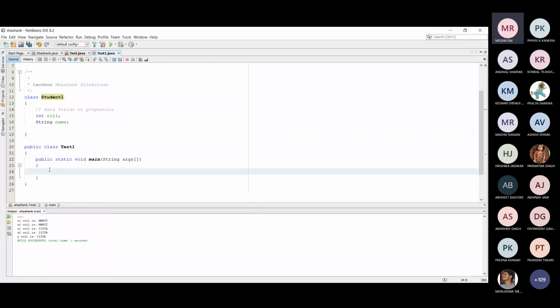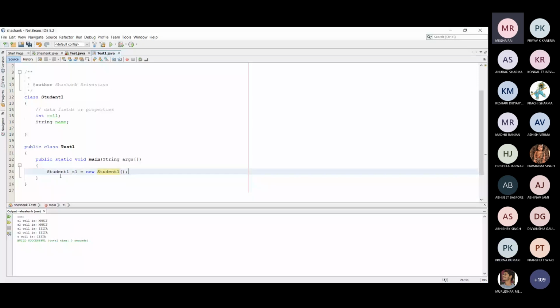basically class object is created in main method, because the execution begins from the main method. So initially execution begins from the main method, and in the main method, the first line, if you write like this, student1, suppose s1 equal to new student1. Okay.